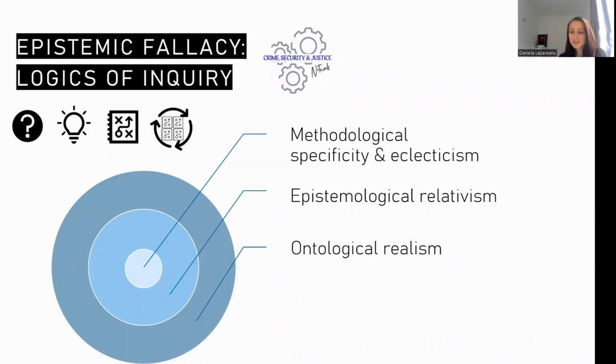Discussion on epistemic fallacy. In this video, I will talk you through the different logics of inquiry used in critical realism. And the first point I want to make here is connected to the distinction previously made between ontology, epistemology, and methodology. So critical realism advocates for ontological realism, epistemological relativism, and methodological specificity and eclecticism, which is just a different way of saying that reality exists independently from the observer,